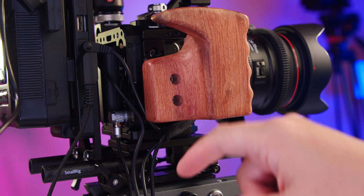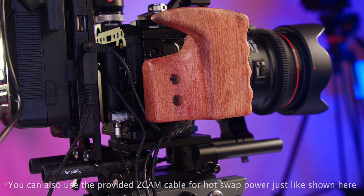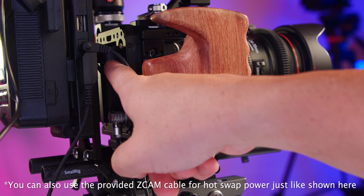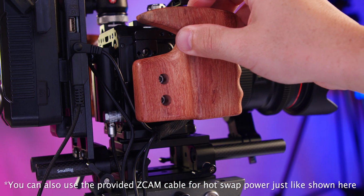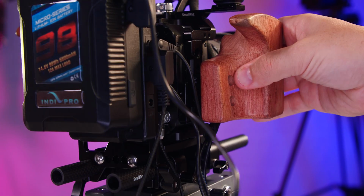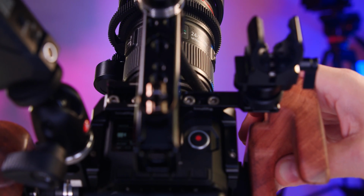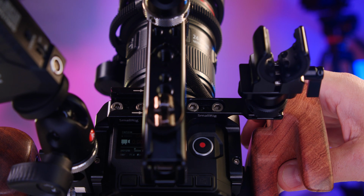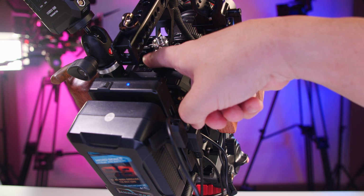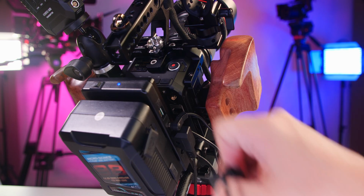So what is hot swap redundancy? Hot swap redundancy allows you to keep the camera on, whether you're recording or not, it doesn't matter. In this case, I'm showing you how I have the 4-pin connected to the Dtap plate, and I'm also having the NPF connected straight onto the battery. So it is the same power source. The battery itself is providing the power, but what this allows you to do is, if for whatever reason you're running out of power and you need to move to another battery because you need to continue to record, all you have to do is unplug one of the sources, in this case straight from the battery,